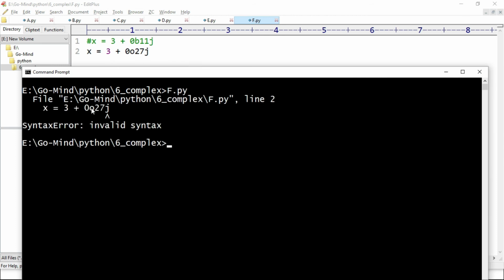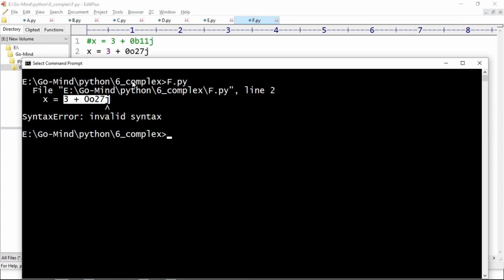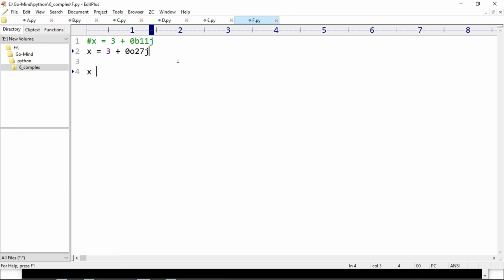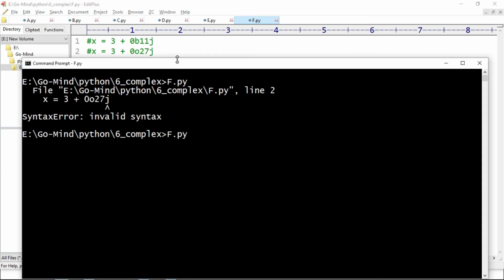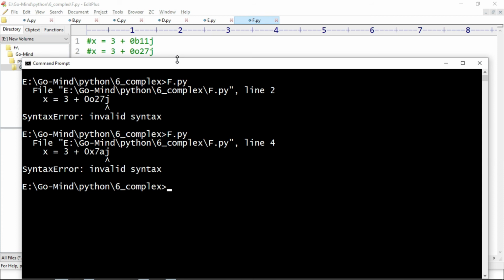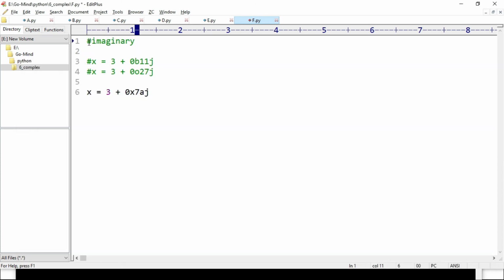This is also not valid. Okay, now let's check for hexadecimal also. X equal to 3 plus 0x7a j, and running f.py, invalid. Okay, so in a nutshell, we cannot write the imaginary part in the form of binary, octal or hexadecimal